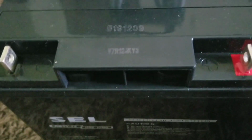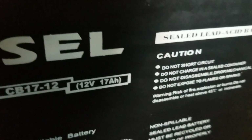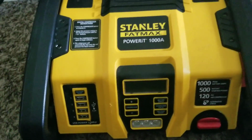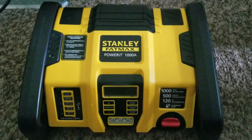And this is not the actual battery because I threw it away. The battery had already built up a lot of resistance, and it became so heavy, and you can tell the battery is bad. Instead of a 17 amp, it was, I think, a 19 amp. So I threw it away, and I just want to illustrate exactly what is inside this device. Let me show you guys what's inside this device first, before I tell you the project or what battery I'm gonna replace